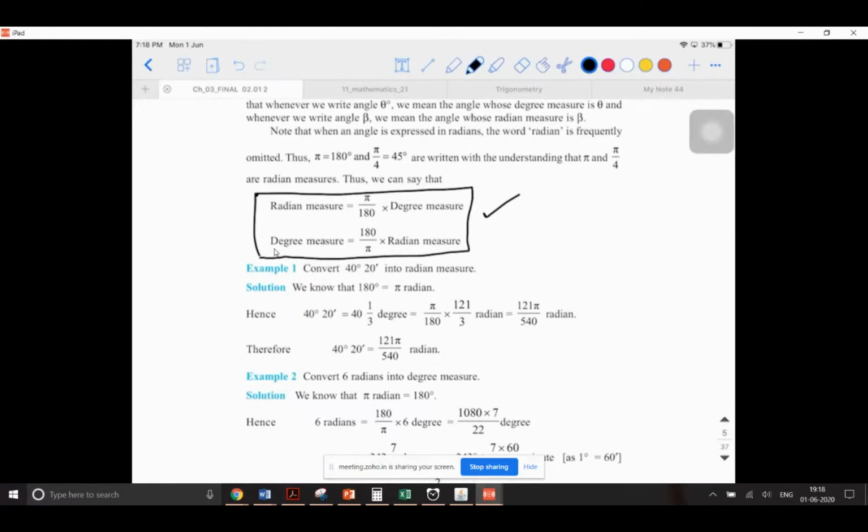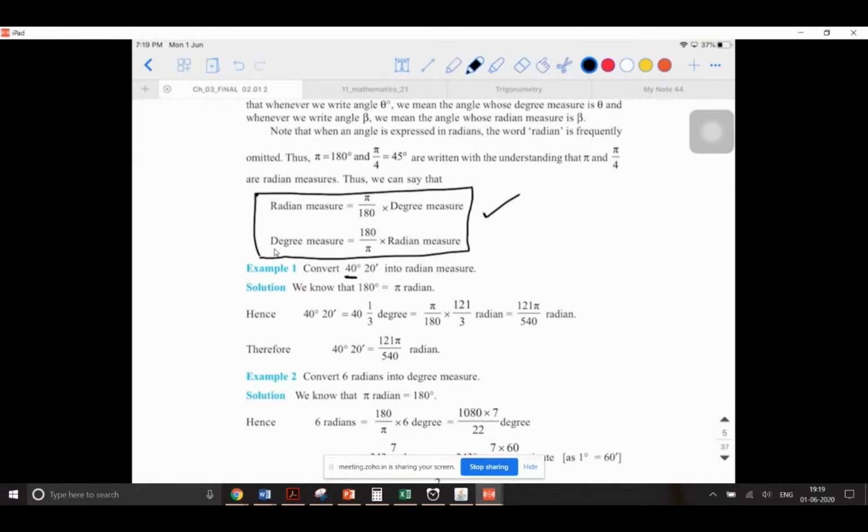Okay, we are starting with the very first problem. So now instead of giving 40 degrees, they've given you 40 degrees 20 minutes into radian measure. You need to convert this 40 degrees and 20 minutes into radians. How do I do it? Okay. So first, let's try to make the problem simple. Forget about the 20 minutes. Start with doing 40 degrees and tell me what is the answer. Tell me in terms of fraction, you need not convert it to decimals at all.